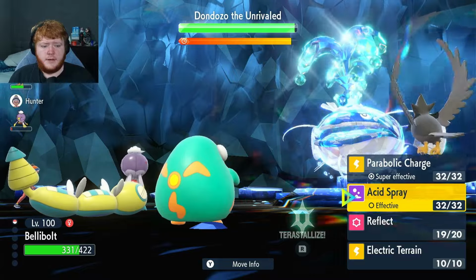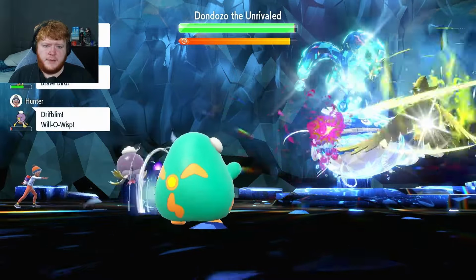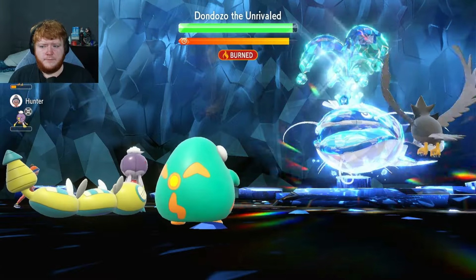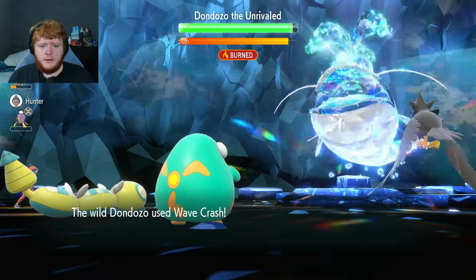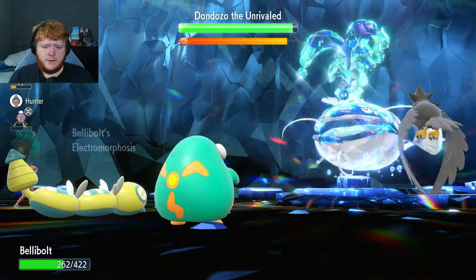Okay, now we're going to use Acid Spray. I'm probably just going to use one Acid Spray and then get into the Parabolic Charges. There's the Drifloon Will-O-Wisp. Did it hit? It did hit. Looks like it'll be doing even less damage. Okay, there's his Wave Crash, and boom. Now we're going to start to use Parabolic